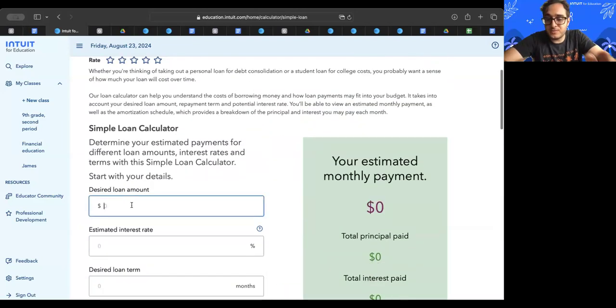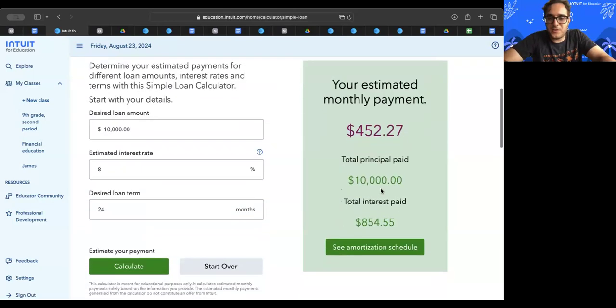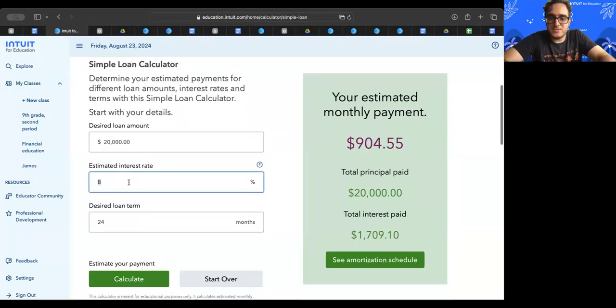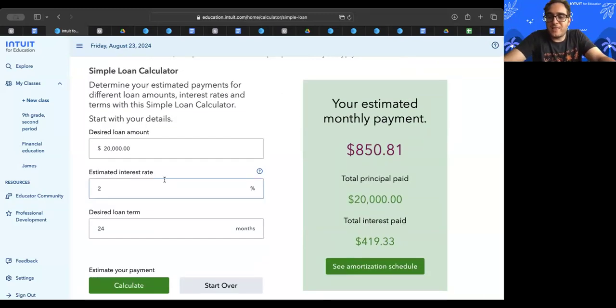What I've seen students do a lot is they like to just put in random numbers and see what comes up. So I put like 10,000, interest rate, let's say 8%, loan term 24 months, and it calculates how much they need to pay for that month. And they're like, whoa, that's so much. Let me do 20,000, and then they see it go higher. Or let me do 2% and see it go down to $850. So it's really nice to see students playing with these calculators, punching in numbers and seeing the different amounts come out. You can use this part of our lesson plan that's already embedded, or you can use this as a standalone activity, same as the simulations.